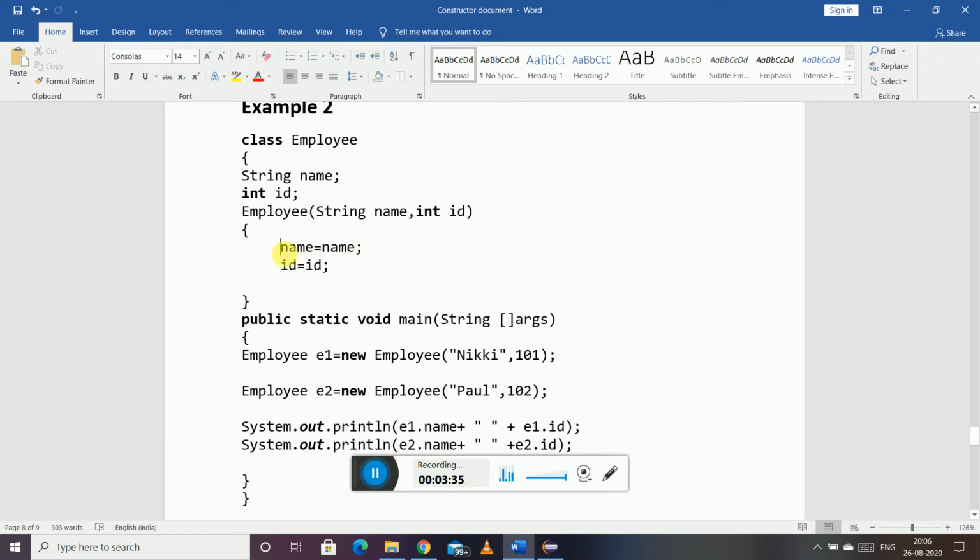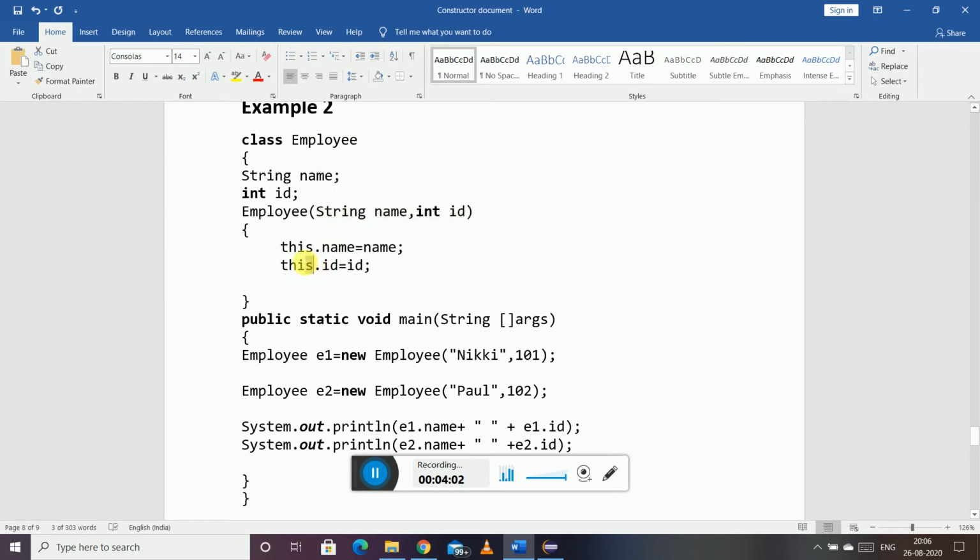But if you are using this keyword, if you put this dot here, then what is going to happen, this keyword is specifying that these variables to the left of the equal to sign, that is name and id, are actually instance variables and not the parameters that we are passing here.